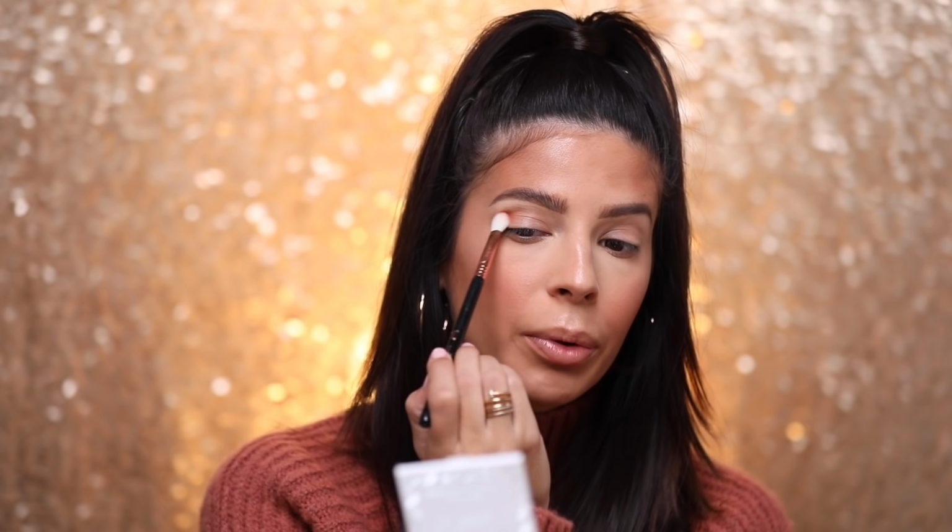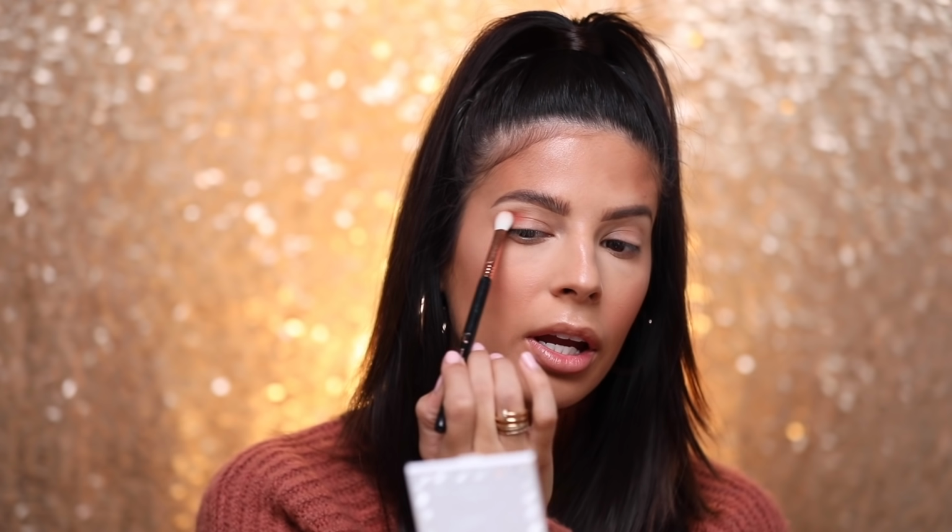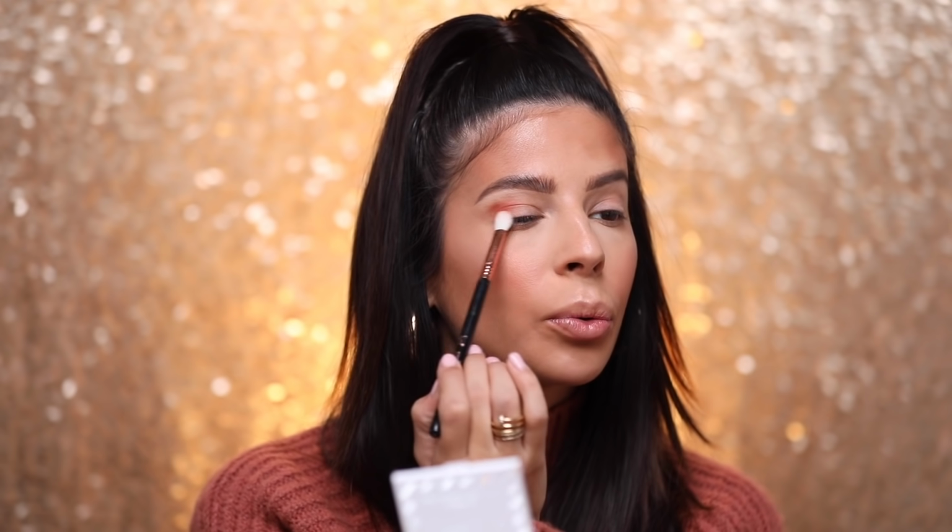So first I'm gonna go in with Copycat, which is a nice, warm, tan brown. It's matte. And we are just gonna make that our transition shade and just blend her right into a little